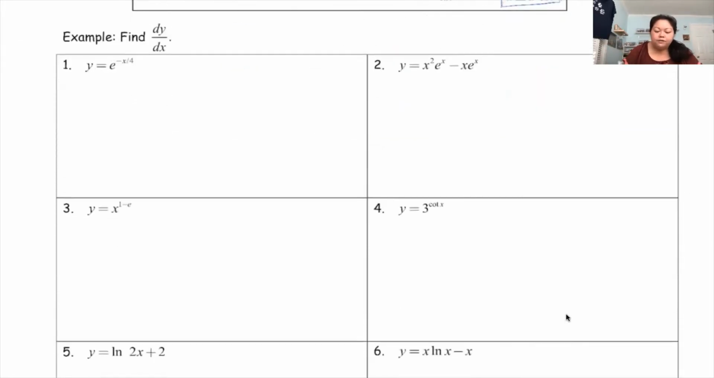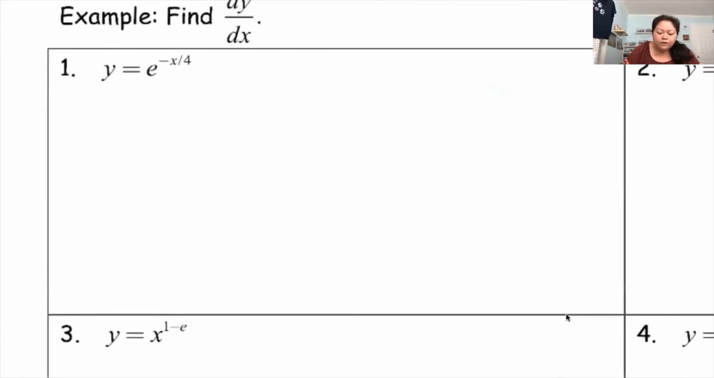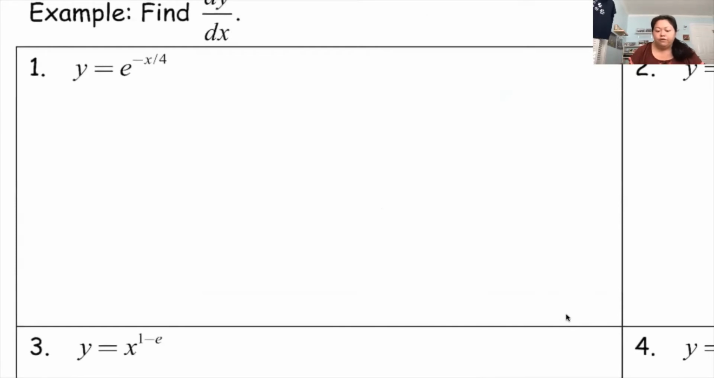All right, so first problem asks us to find the derivative. It says find the dy dx of this function y equals e to the negative x over 4, right? So you might want to rewrite this so it's a little bit more familiar, because a lot of times students get really caught up with this x over 4. So if you really want to, this is e to the negative 1/4 times x, right? So you got to be comfortable in seeing that negative x over 4 is the same as negative 1/4 x,